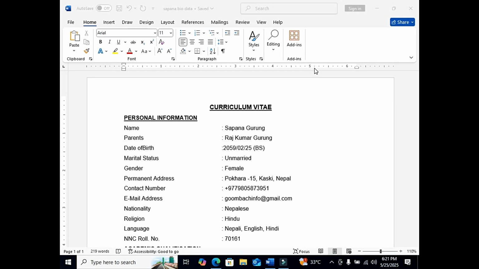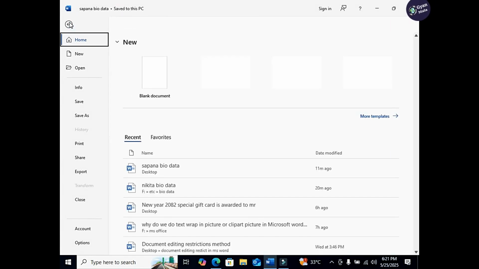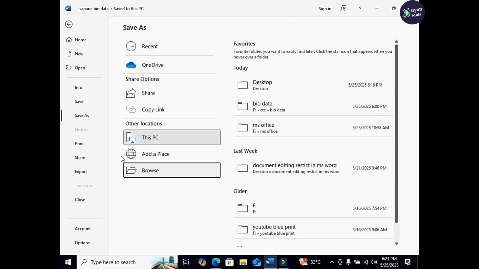How to save a file using a password in Microsoft Word? I'll show you two methods. First method, go to the File menu, then click Save As, then click Browse